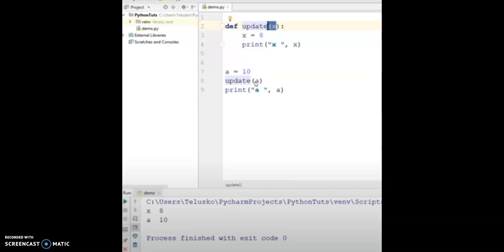The same thing is in pass by value. Pass by reference means the exam cell hands over the main copy to you. So whatever changes you make will be available in the main copy also. That is the difference between pass by value and pass by reference.